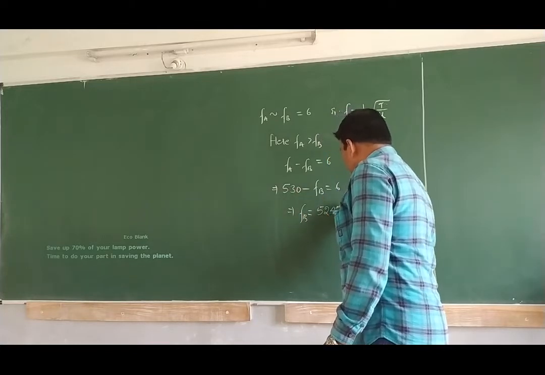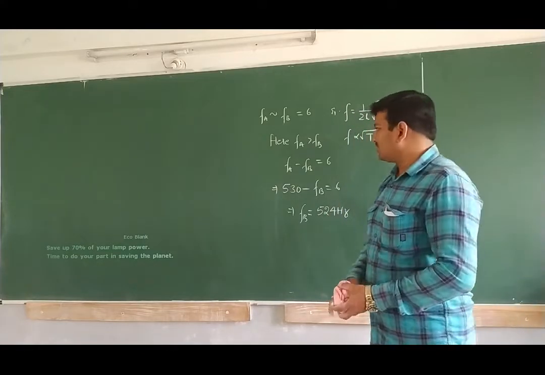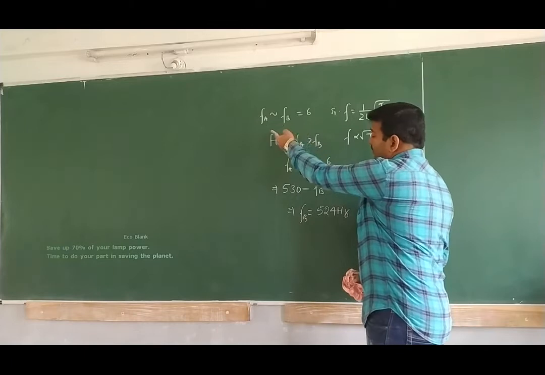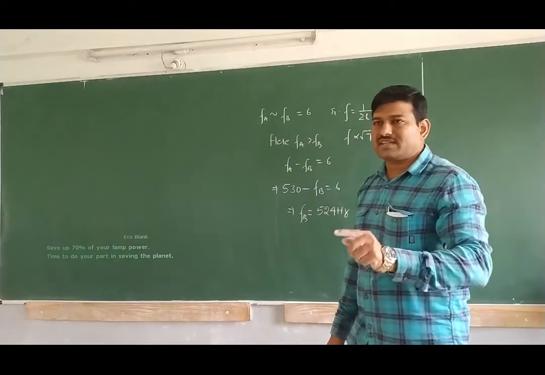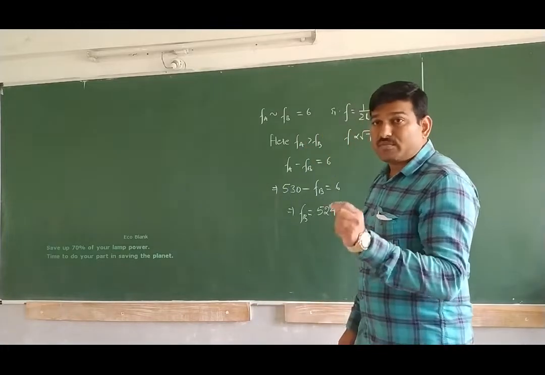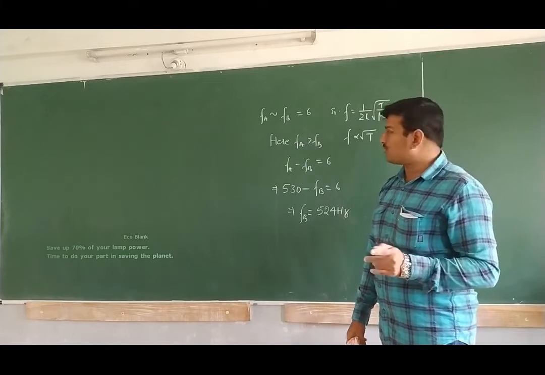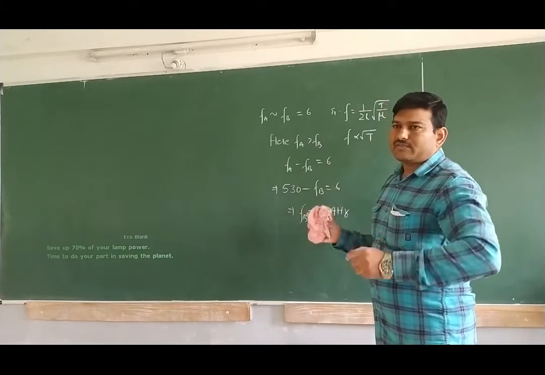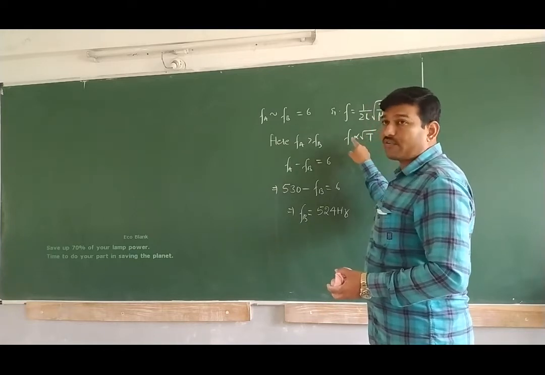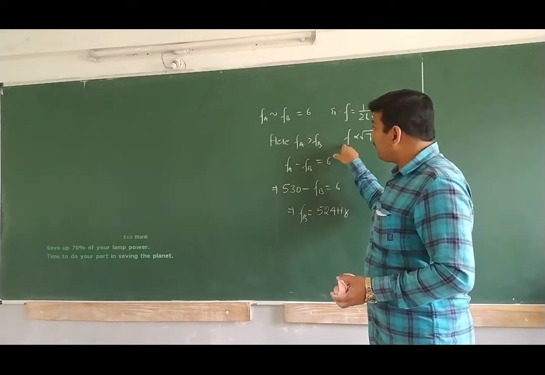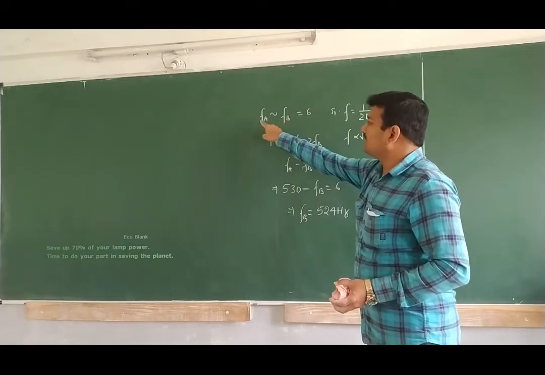So here you must be cautious. They will give two options. If I take FB greater than FA, then I will get the answer 536. They will give both options, 536 and 524. But you must be careful whether FA is greater than FB or FB is greater than FA. That you can identify using the other part of the question. In the question they have given tension in the wire B reduced, therefore frequency in the wire B reduces. When frequency reduces, they told the beat frequency is increased. This is increased provided FA is greater than FB.